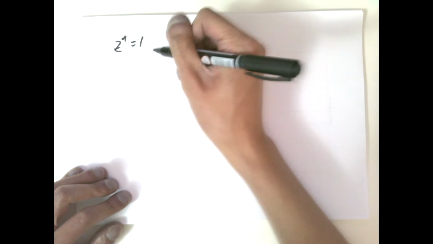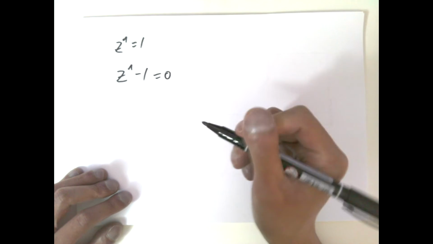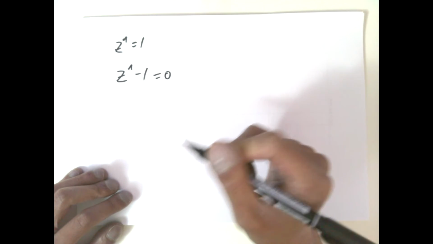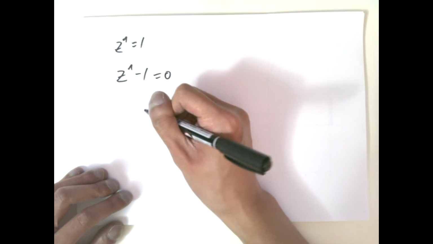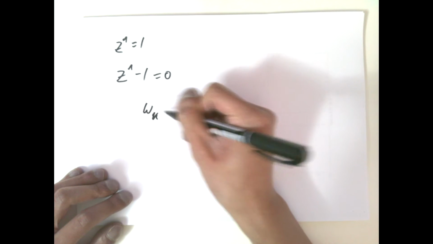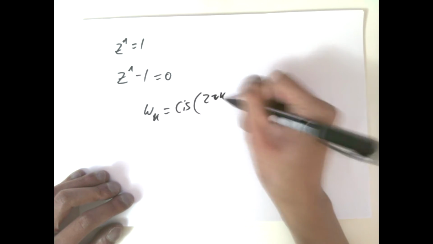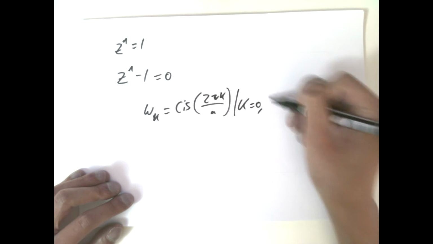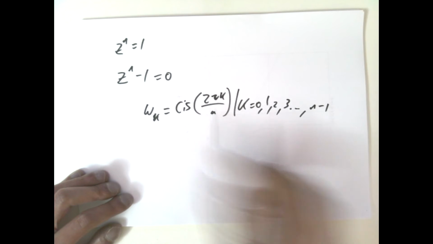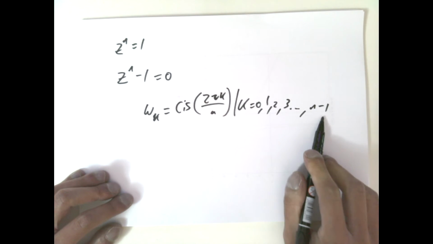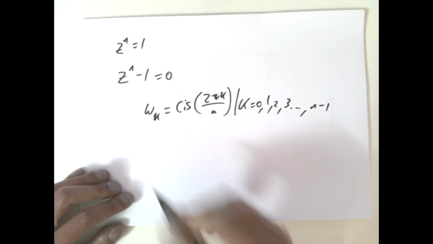If we were to factor this out, if we do it in trigonometric form instead, which is probably more beneficial, we're going to see that all the omegas are going to be written in this form, where the counter k is always going to be n minus 1 at most. So the actual roots are going to be given by